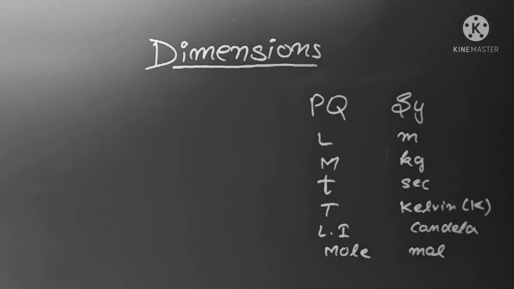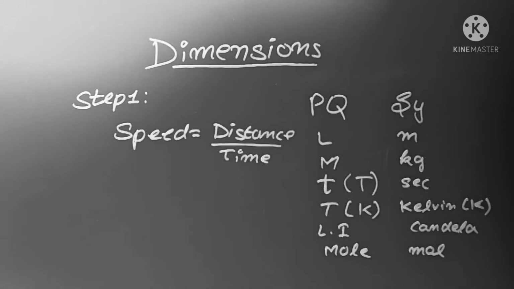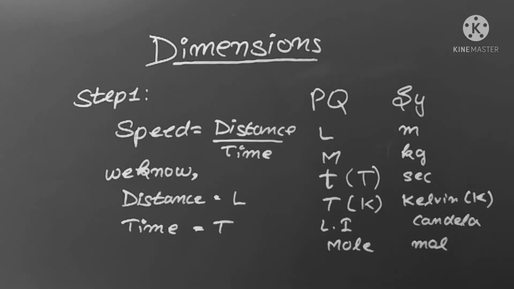Mostly we are going to use length, mass and time. Therefore, we don't use small t for time, we use capital T for it. And when we want to use temperature, we use K. So let us take a derived quantity, let's say speed, and find the dimension of speed. Step 1 is to find the formula of speed, which is speed is equal to distance upon time. Now we know that distance is equal to length, so we are taking the physical quantity L,